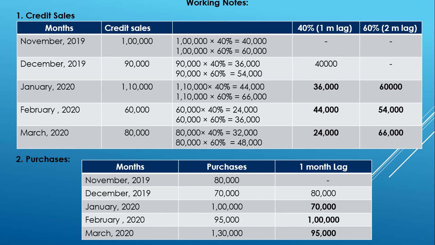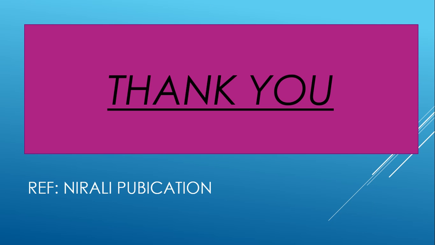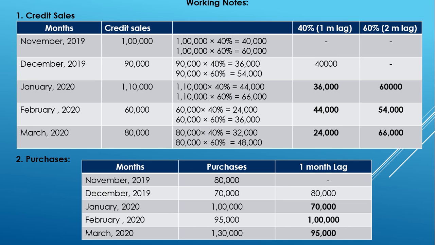Let us understand. See, this is the working note for credit sales. For the months November, December, January, February, March, there are credit sales. Now if we split the credit sales into 40% and 60%, we will get 40,000 and 60,000 for November. As we have seen, there is a 1 month lag for 40% of credit sales. That means the payment is done in the next month. And the remaining 60% will be paid after 2 months. So for November sales, 40% will be paid in December. You can see we have taken 40,000 in December and the remaining 60,000 in